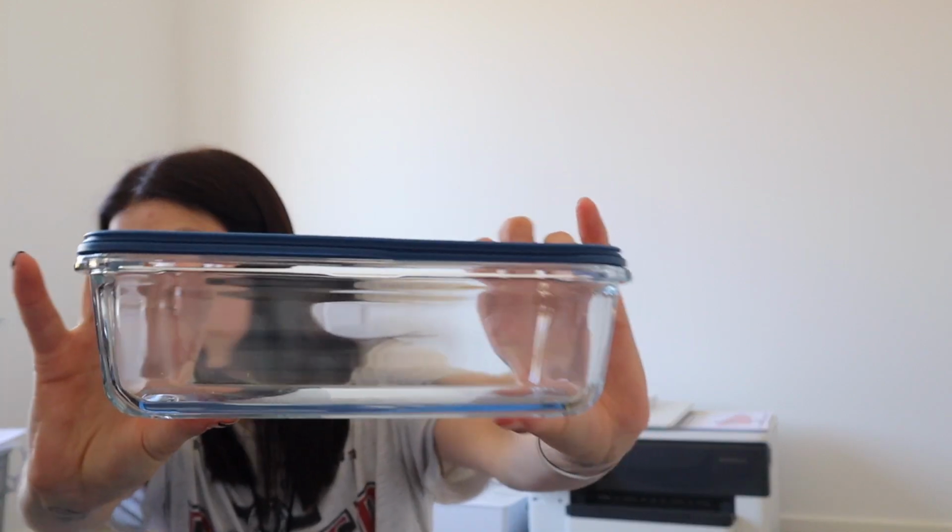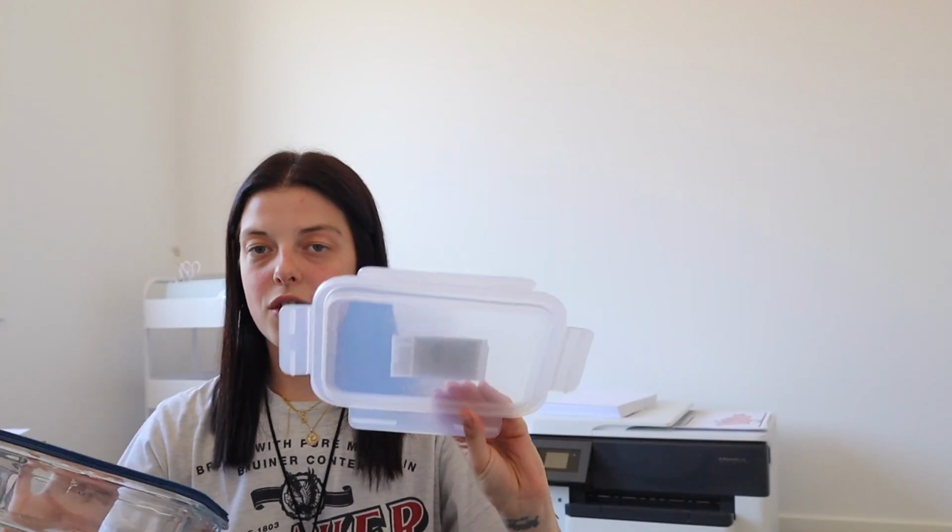It is an hour away from where I live, but so worth it, because you buy the lid and the container separately. The container is $3.50 and it's glass, and then the lid is $1.50. So for like $5, you've got this really decent container that's got the lid that fully clips around the sides, and because it's glass, it can go in the microwave, whereas all those beautiful bento boxes can't go in the microwave. So this is perfect for your leftovers. I love taking leftover spaghetti bolognese and things like that. So yeah, so worth it for